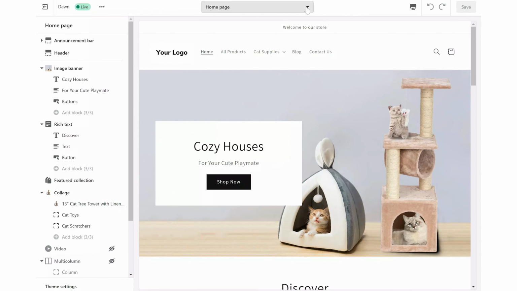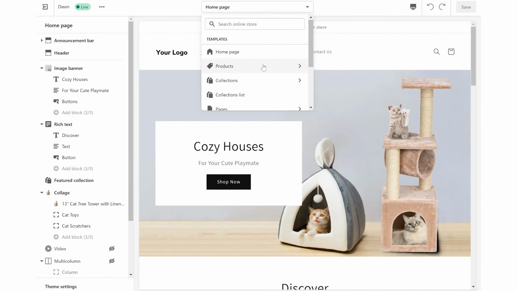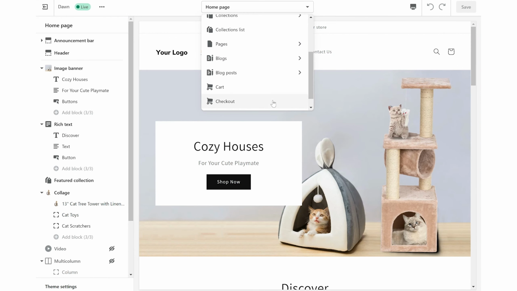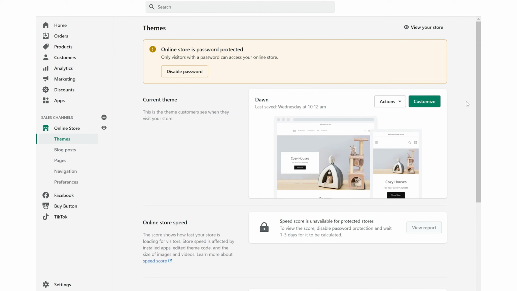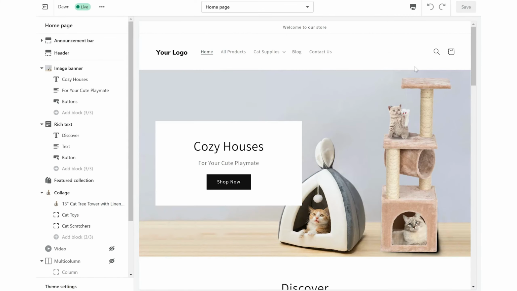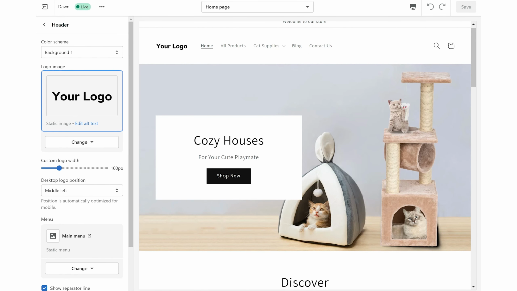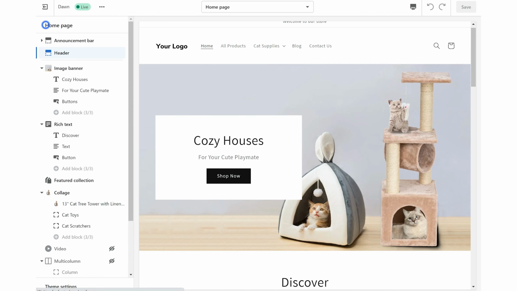Step 2. Improve store design. It's important to inspect the design of all kinds of pages. Let's see what we can do with the default theme, Thong. Click Customize to design the home page. Header is where you can put your business logo and main menu. Products and promotions can be featured in the image banner.